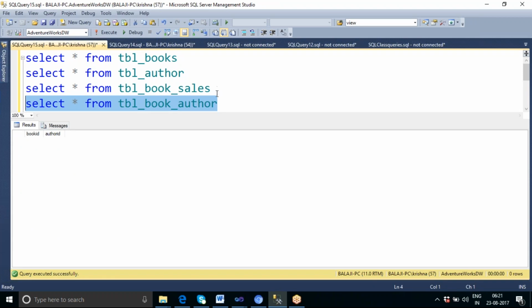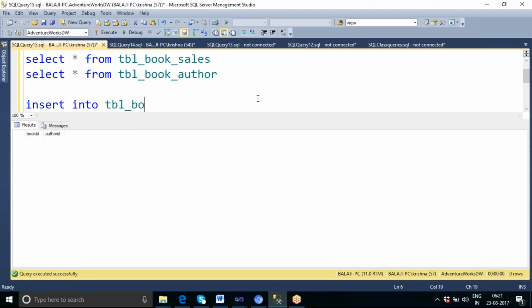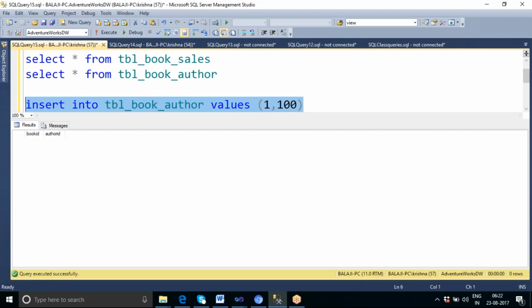Now we can see here I have one table called book author, in which I have the book ID and author ID. Okay. Now let me insert some data. Book ID 1 is written by author ID 100.